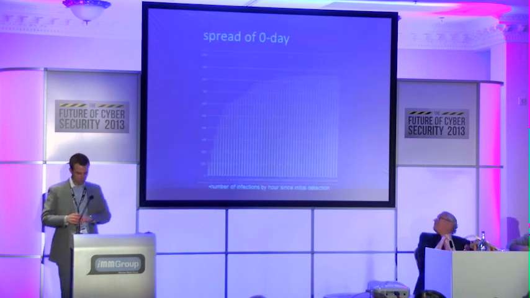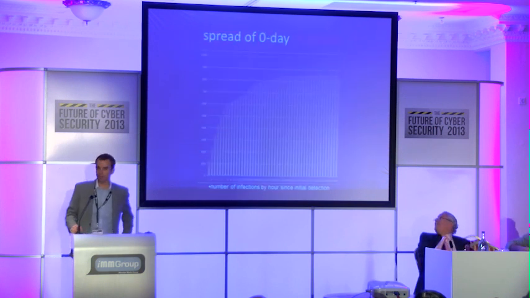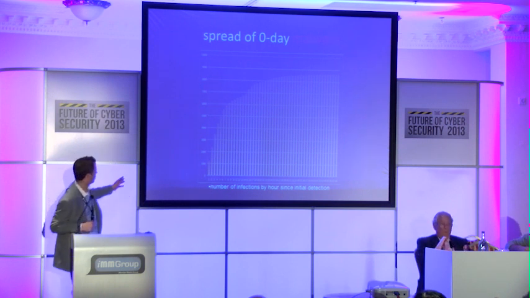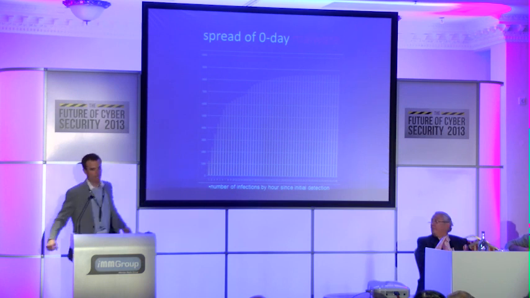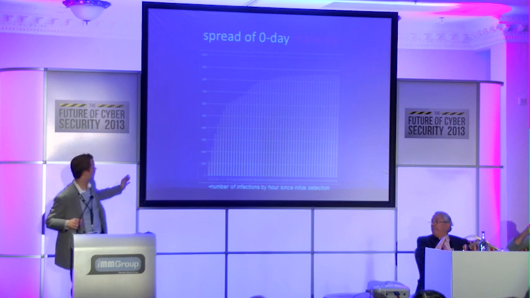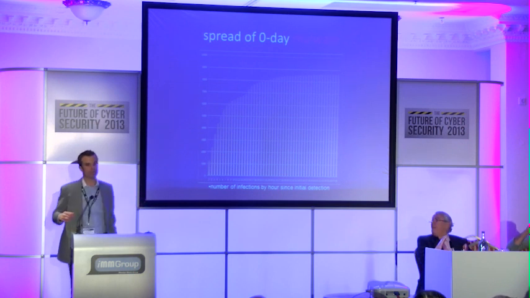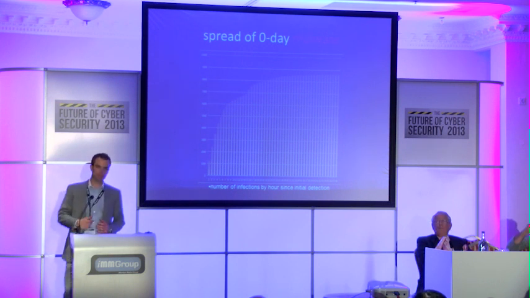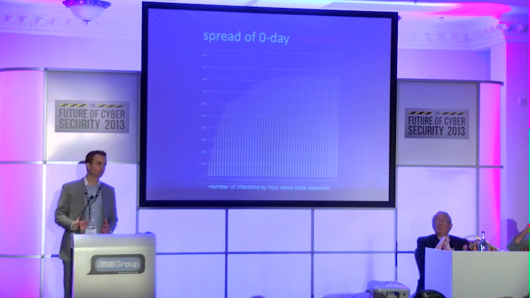And why is it that it's important that the response time is fast? This is our analysis. So it's quite difficult to see, but in the first hour, the spread of the number of infections is roughly on this graph around about 1,000. It then goes up to, let's say, 8,500 within 24 hours. So if we put that in percentage terms, the spread of malware, the infection rate, will be 95% saturated within